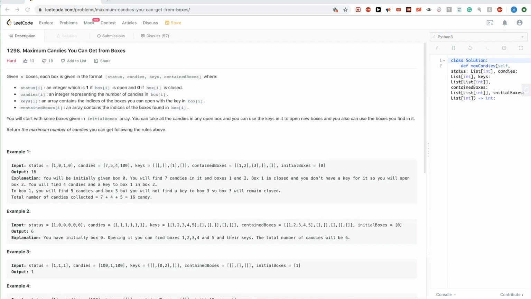Hello, so continuing on LeetCode contest, weekly contest 168. This is the last problem, maximum candies you can get from boxes. Problem number